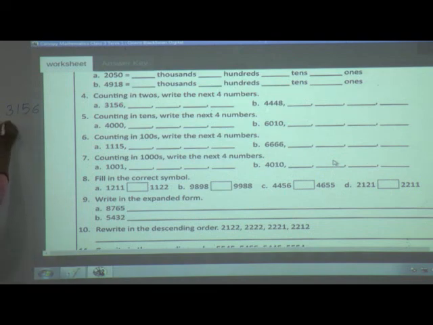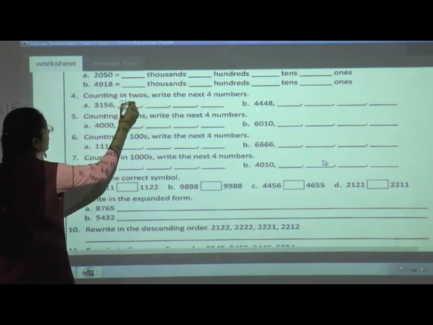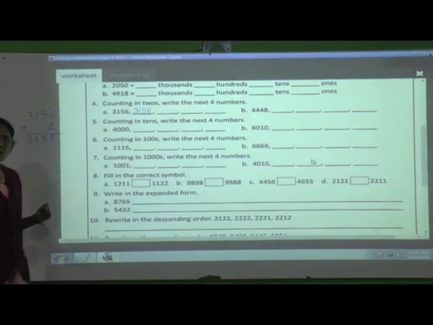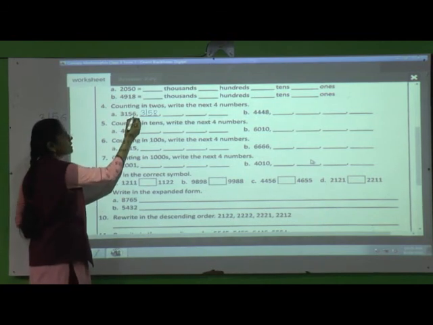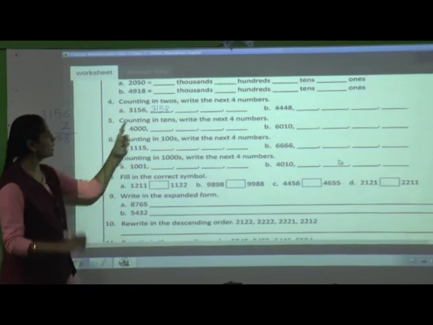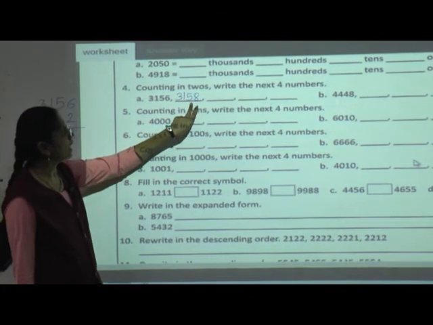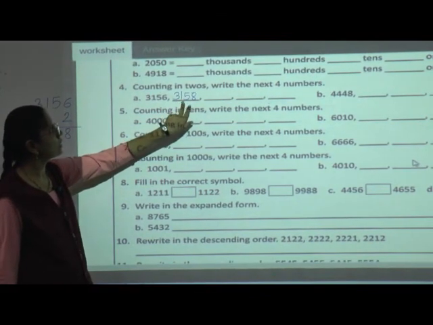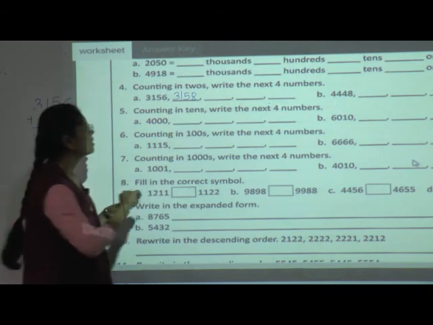3156 plus 2. What will we get? 6 plus 2 is 8, 5, 1 and 3 as it is. So the next number that will come is 3158. Or else you can count on your fingers after 56: 56 plus 2, 57, 58. So we will get our answer 3158. Again add 2 more to this number, 3158. Now count the fingers after 58: 59, 60. So what will come,